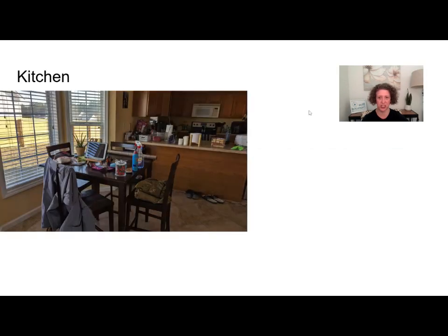So moving on to the kitchen. Now I know the kitchen is the heart of the home. I really do. So there's a lot of things going on here. There's a lot of things going on the countertop. And because there's so much stuff, you really can't see what's going on in here, okay? You can't tell that it's a big kitchen. And it really is, there's a lot of counter space, but because it's all cluttered with a lot of things,